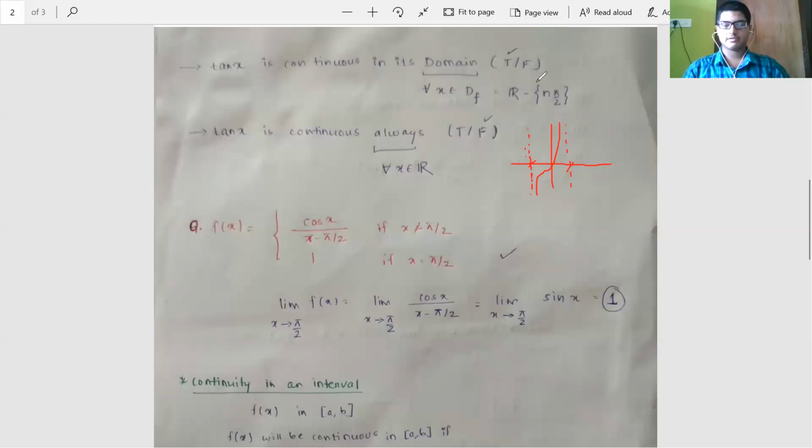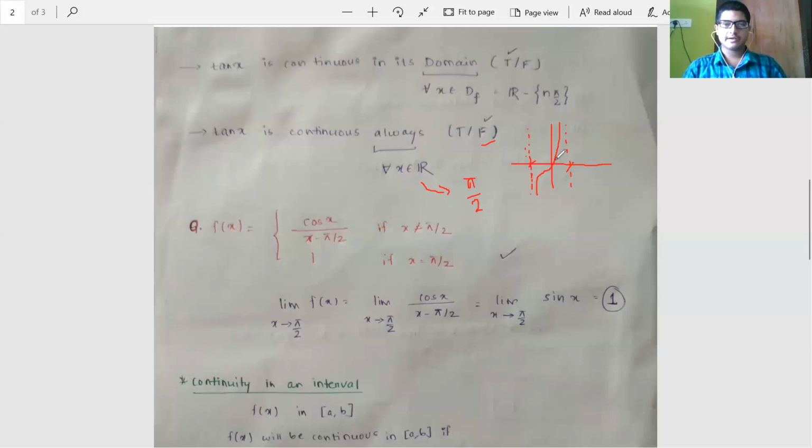You can verify using the first two conditions, that is x belongs to domain and LHL equal to RHL is equal to the value of the function at that point. So clearly in the domain, it is always continuous. Fine. But tan x is always continuous. True or false? It is going to be false. Why? Because always means, what are the set of points? The set of points belongs to all real numbers. So in this also comes n pi by 2. Let us consider one example, pi by 2. At pi by 2, it doesn't even belong to the domain of the function. So we cannot comment about continuity. Thus we say that the function is not continuous at that point.